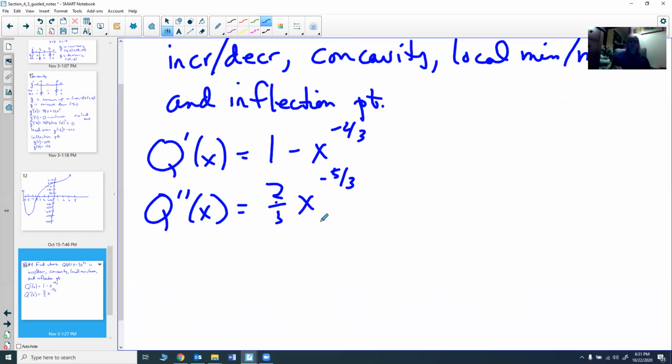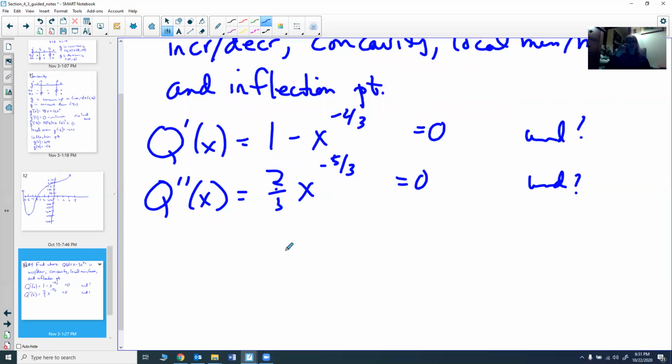All right, so now let's find out where both of these are 0. So we're going to set both of these equal to 0. We also want to know where they are both undefined. We didn't look at the other one for being undefined because we had a polynomial. Polynomials are never undefined, but this one's not a polynomial. So that tells me to look at the undefined part. It might also help me to take my derivative, which was 1 minus x to the negative 2/3, and write that as 1 minus 1 over x to the 2/3